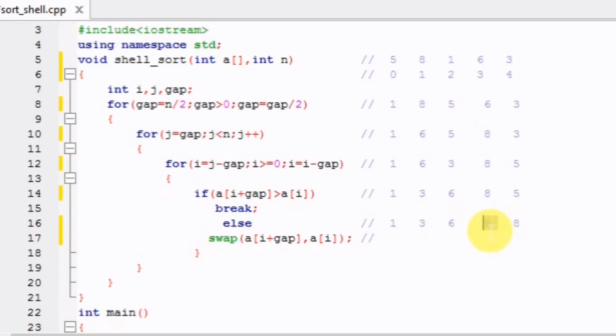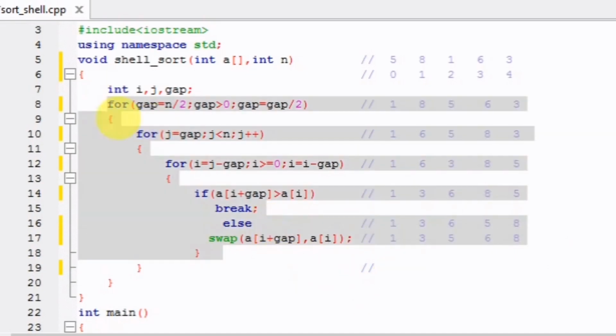So here as you can see, the element 5 will be compared with 6. As 6 is greater, we will swap them. Now this element 5 will also be compared with the previous gapped elements 1 and 3, but here 1 and 3 are smaller than 5, so there is no need of swapping. And here you can also notice that the index j has already reached the last element. So this is the end of the sorting process, and in this way we will get a sorted list by this shell sort algorithm. So this is what is written here.